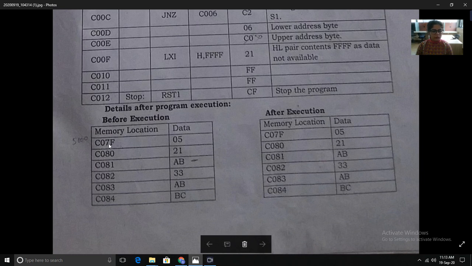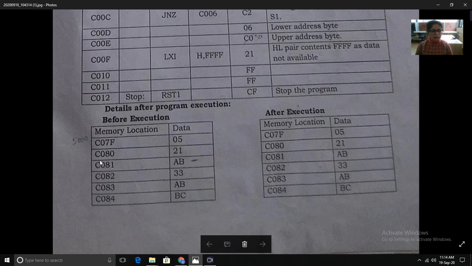It was given in the question that at memory location 507F, which I am assuming, the length of the block is stored. Length of block means we have to check a total of 5 items. So we have to search for items within the 5 blocks: 1, 2, 3, 4 and 5.